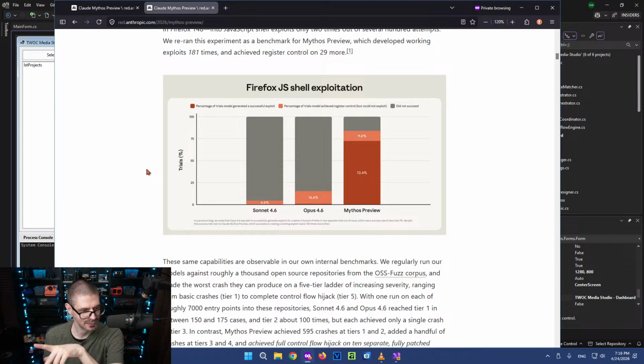I do have a friend in the security field, and she was talking about how they have already been using the standard Claude to find exploits and stuff. So this is like a higher level of doing that.